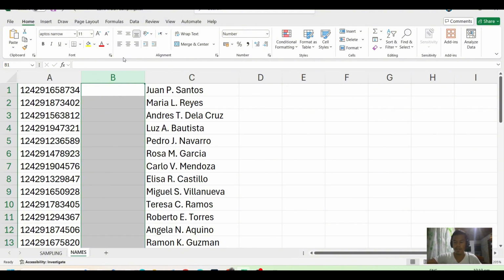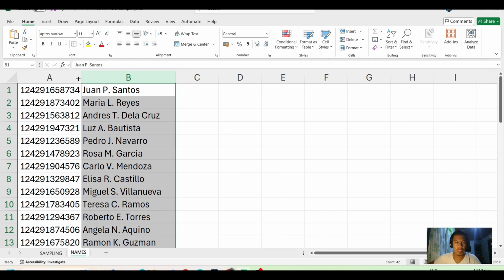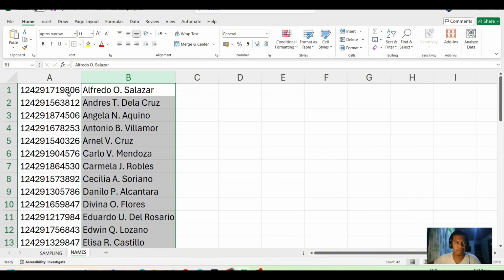So let's delete this column. Alright, delete. And then let's get this alphabetized from A to Z, and we have to expand selection.